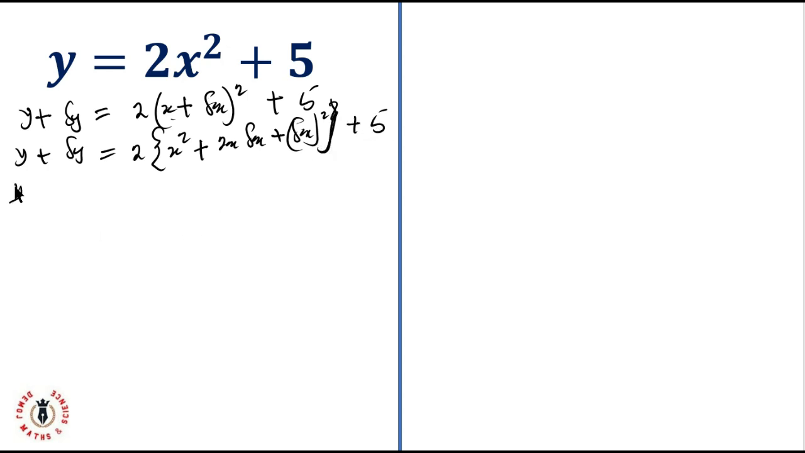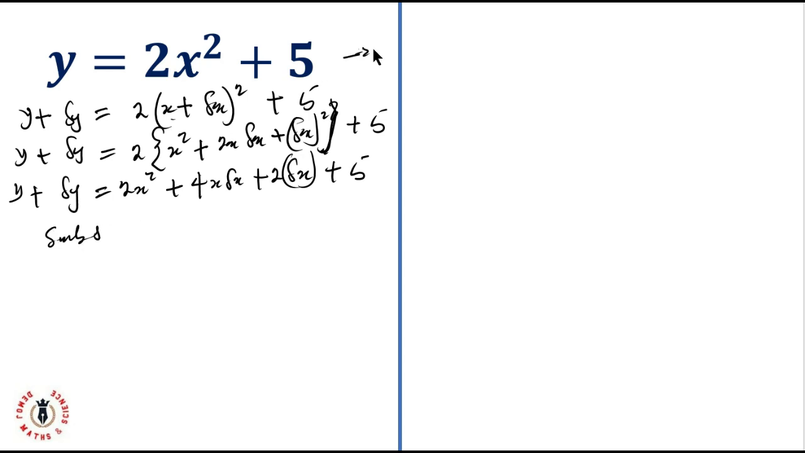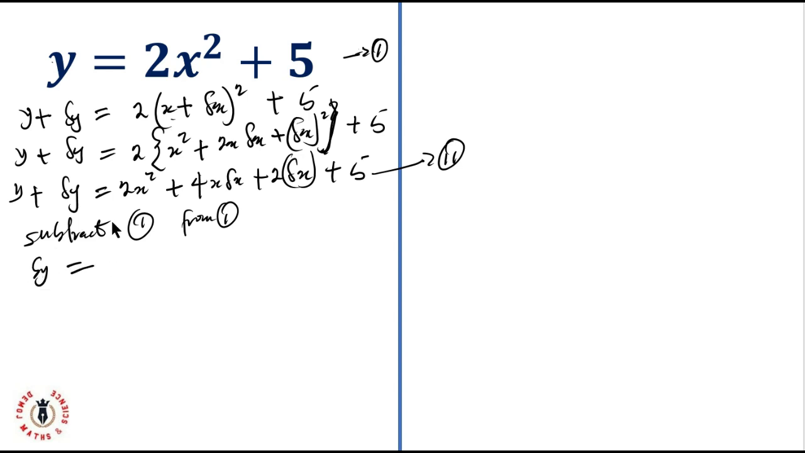So y plus my change in y will be the same thing as 2x squared plus 4x delta x plus 2 delta x all squared plus 5. Now let's subtract. Let's call this our equation 1, like we did the other time, and this one equation 2. If I'm subtracting equation 1 from 2, obviously y plus delta y will subtract y. I'll be left with delta y equal to my